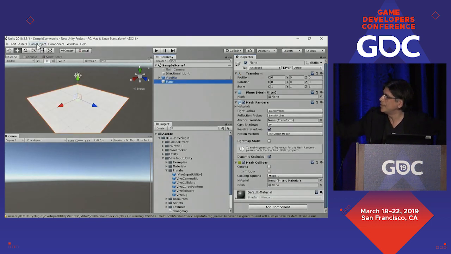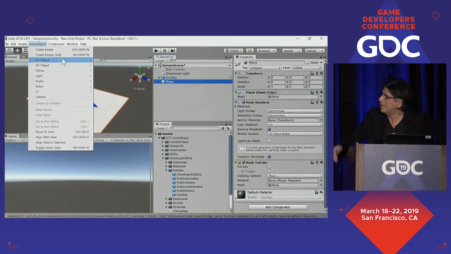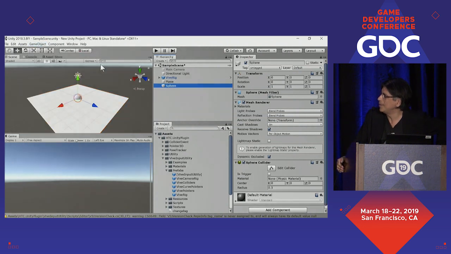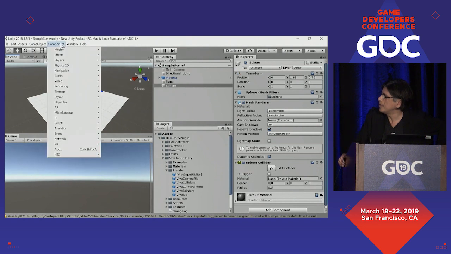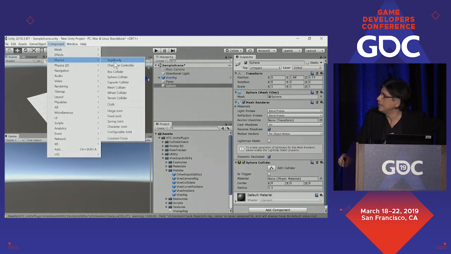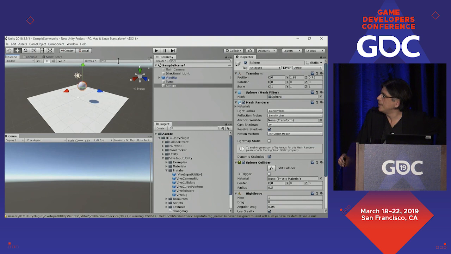Now here, I need to put something else in the scene. I'm just adding a plane for the floor. I decided to put a sphere there, maybe move it up and out of the way so it's not in your face when you start VR. And basically, for minimal interaction, what we're going to try to do is add a component to the sphere. First of all, I'm adding some physics to the sphere so it can actually fall down. You can see it do something. But even in this case, if I start running this,